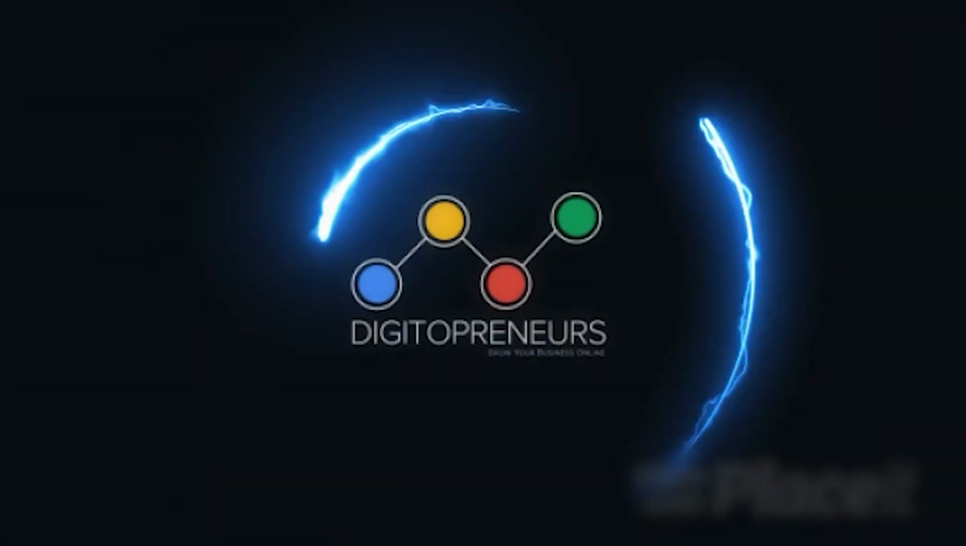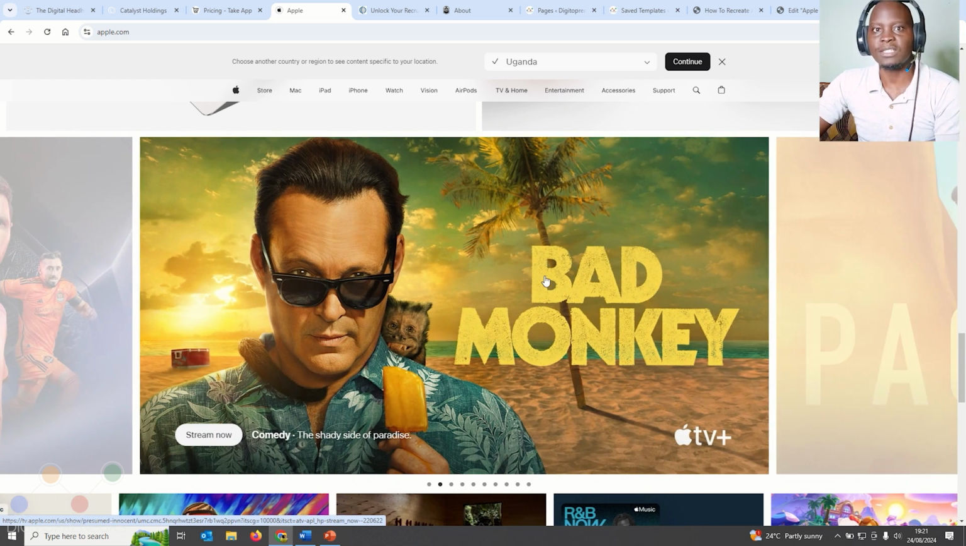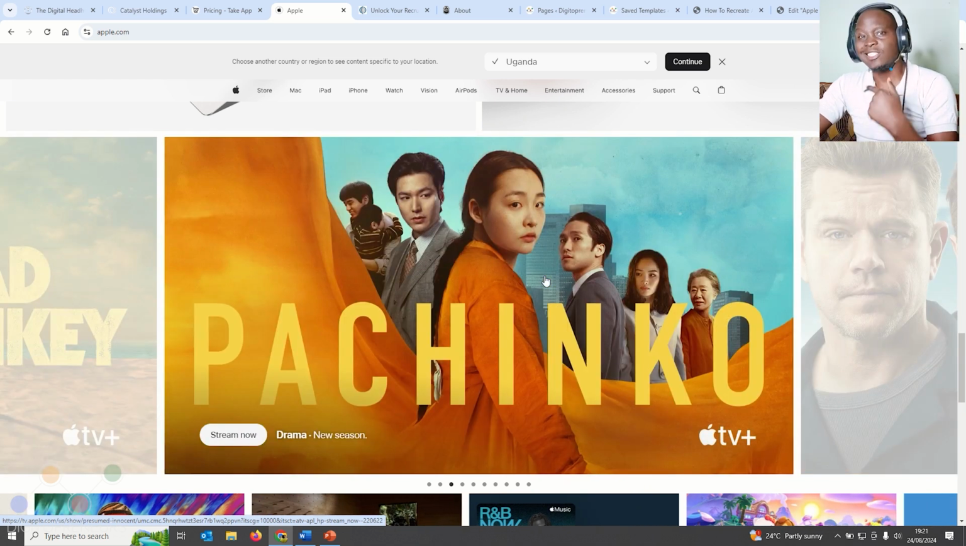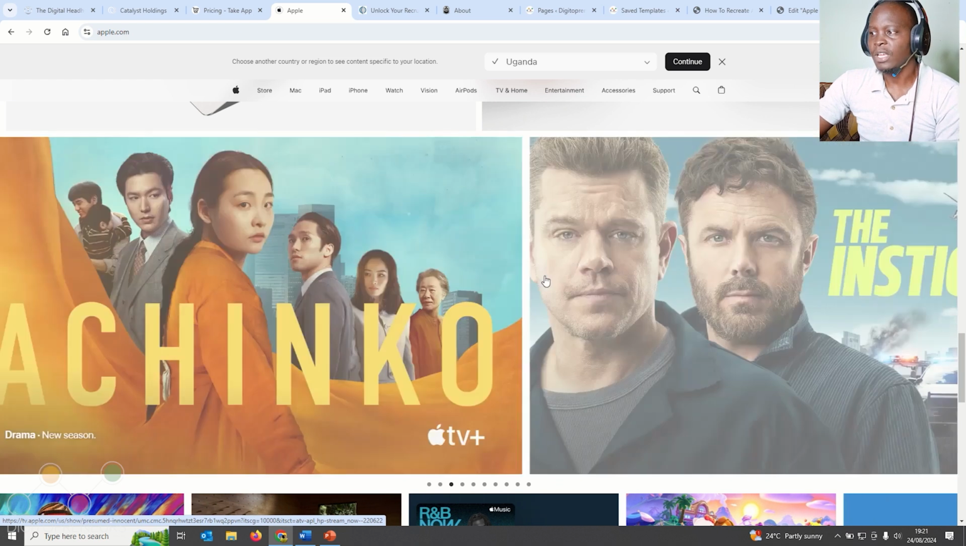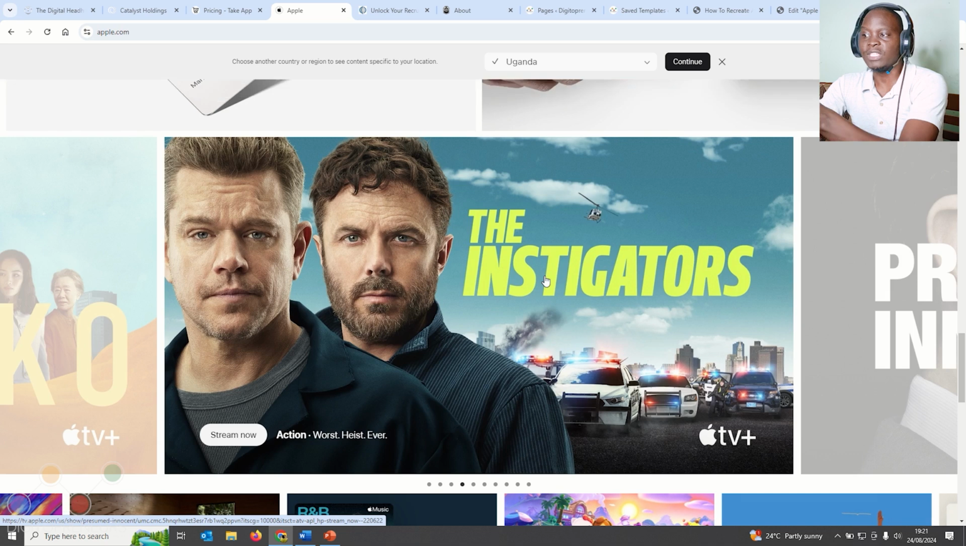Today, we shall be recreating this slider found on Apple's website. Now, we shall be recreating this using Elementor, okay? My job is to make sure that by the end of this tutorial, you can recreate something that looks similar